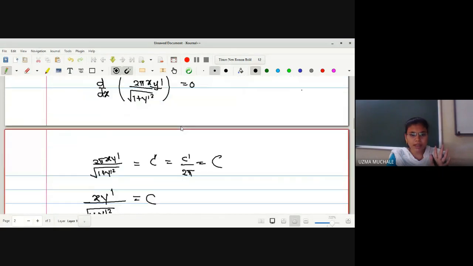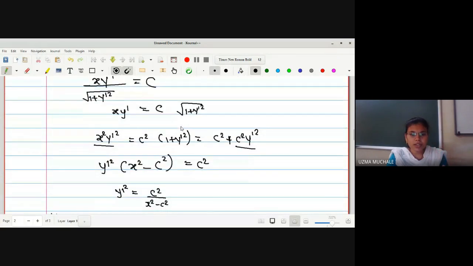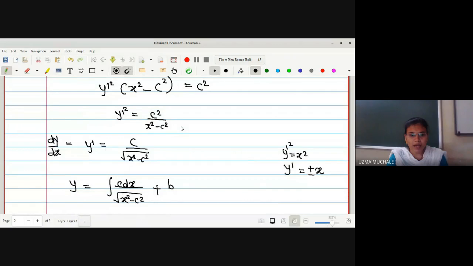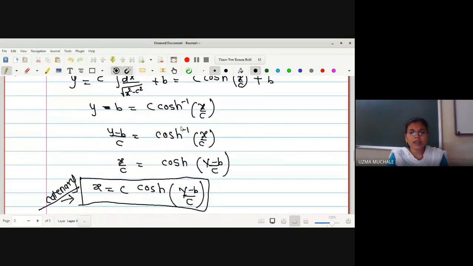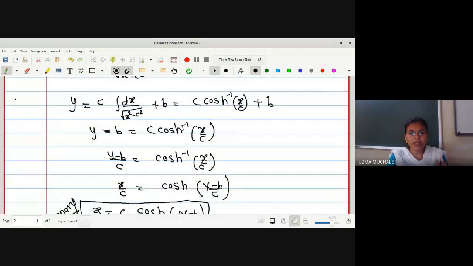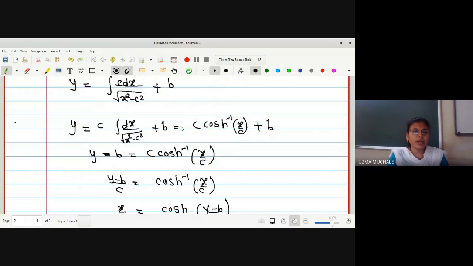We have evaluated the derivative. Then we have done some adjustments so that we can find out the value of y dash. And after integrating, we can have the formula for integration. If you know it, it is good. Otherwise, you have to keep it here only. Or in another way, you can solve this integration by using the substitution method.